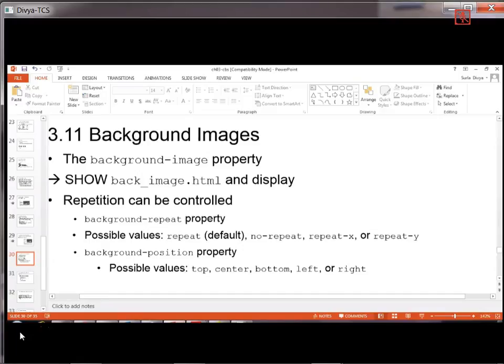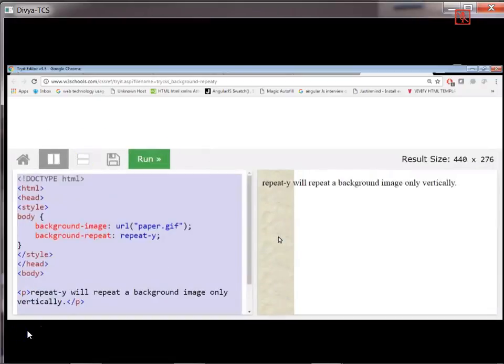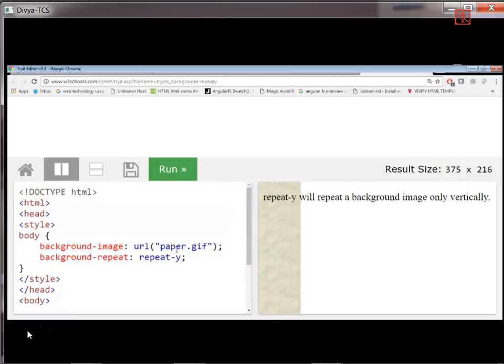Background position again. We have top, center, bottom, left or right, where you want to exactly position your image. Okay, background image. So you have an image called paper.gif and you wanted to repeat it in the y direction. That is the reason it is repeated vertically. Actually, it is a thin layer of image. As you have repeated it, you got this much width. Okay. If you want to repeat in the x direction,